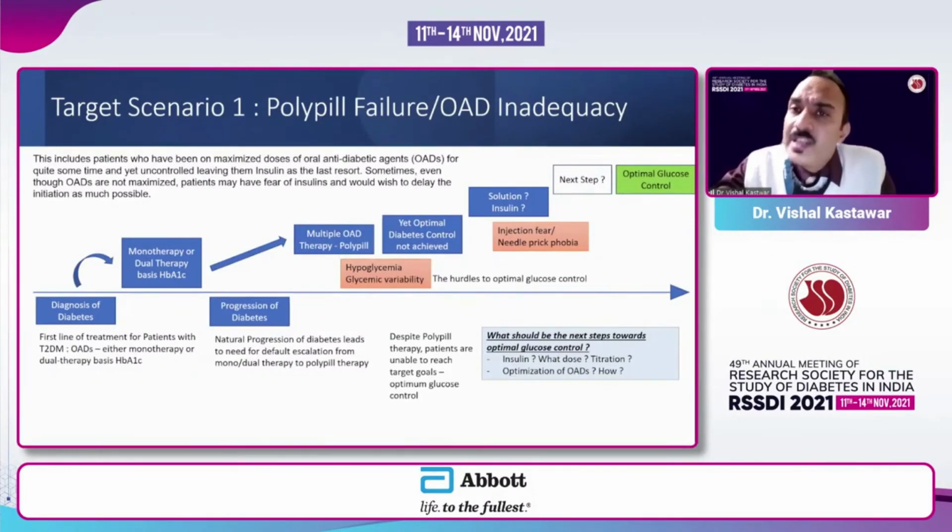For patients who are failing on polypills, but they do not approve of insulin, we can actually do a CGM study, identify time in range, and make appropriate modifications if possible in diet and lifestyle, as well as medicines. So the patients who seem to be failing on polypill and who are not ready to accept insulin, we can actually improve their glucose levels by giving them a CGM and time in range study.